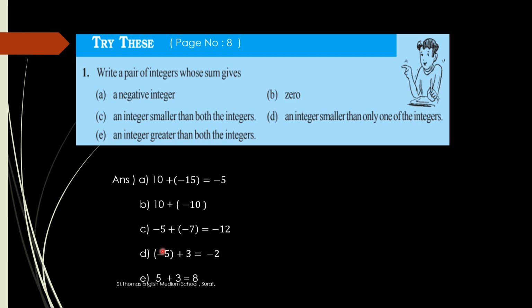It's clear? So minus 5 plus 3. So what is minus 5 plus 3? One is a positive number, one a negative number, you have to subtract. So 5 minus 3, that is 2, and minus sign, so minus 2. So what can we say? Minus 2 is